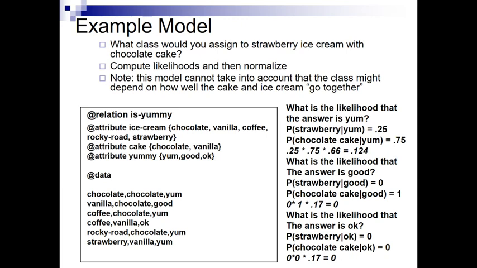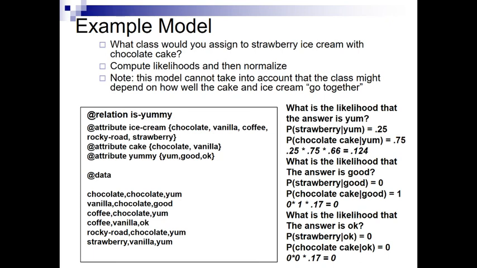The chocolate cake given good has a conditional probability of 1. So it doesn't feel very good that that likelihood came out to 0, but that's the math. It leads us to do that. So we feel like if there are zeros, we're just totally losing part of our reasoning here. And if it had been not 0, but some very small number, then we wouldn't have had that problem. So smoothing is about getting rid of these 0 conditional probabilities so that we don't zero out